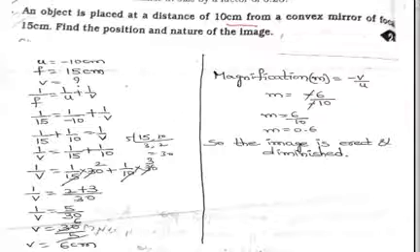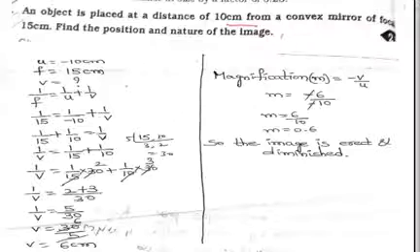So here he has not given the height of the object or height of the image values. Here we have only the image distance and object distance values. So from that we can find out magnification. So magnification m equal to minus v by u. So here v equal to 6 centimeters, u is equal to minus 10 centimeters. So substitute those values in this equation.